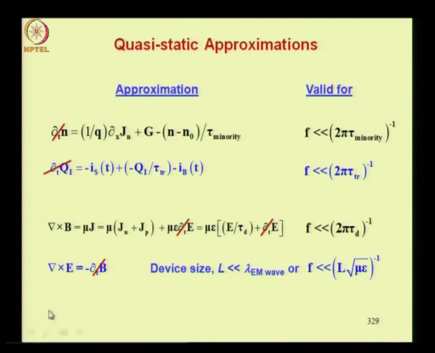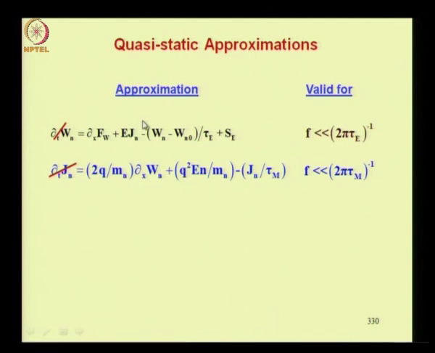So such a radiation will not happen, we do not have to bother about any radiation, or in other words we do not have to bother about time varying magnetic fields if your device size is less than the electromagnetic wavelength. And when you convert this into frequency, writing the electromagnetic wavelength in terms of the velocity of the wave and the frequency, you get this inequality. So frequency should be much less than 1 by the device length multiplied by square root of μ epsilon, where μ is the permeability and epsilon is the permittivity.